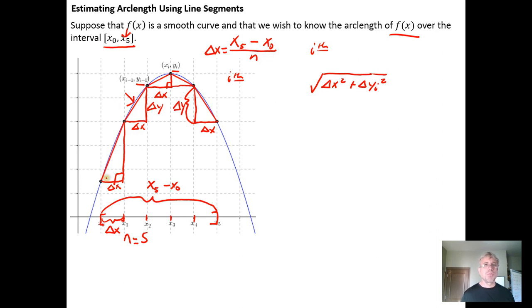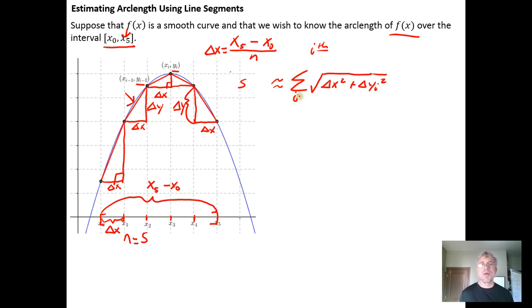And the idea is we have some number of line segments here. In my particular example, I've got 5 line segments. So I could actually estimate the arc length by adding up the length of each of the 5 line segments. So I could actually take the sum. I could say, hey, to get the estimate, so the arc length, which is customary to denote arc length S, the arc length is about,